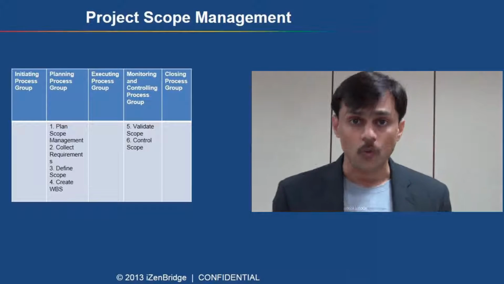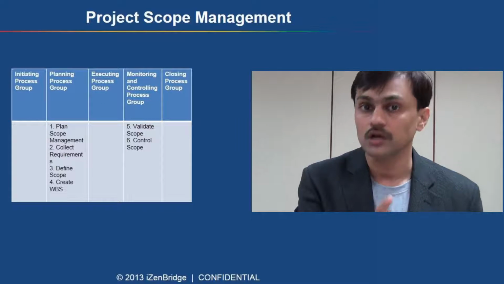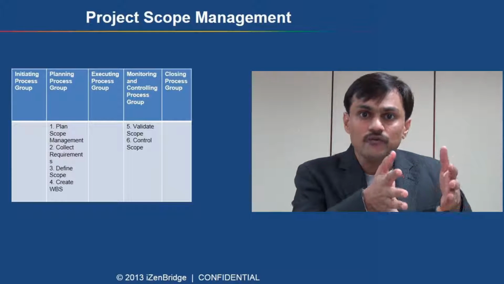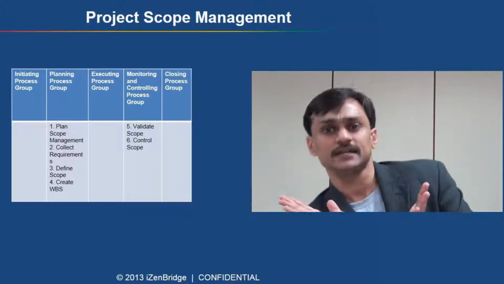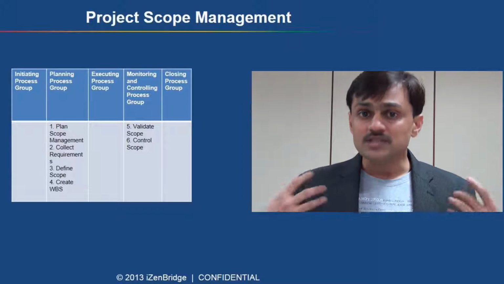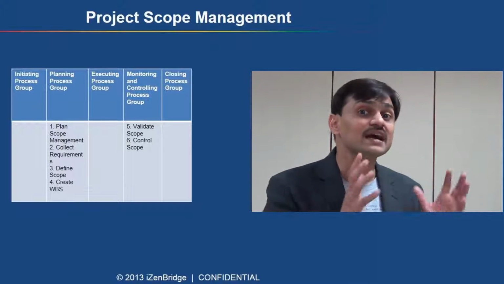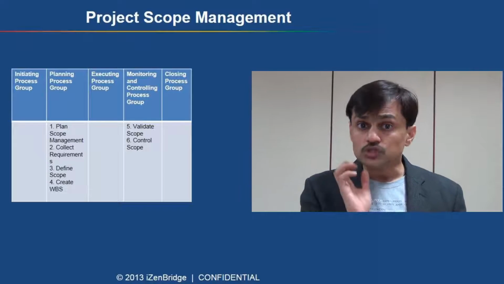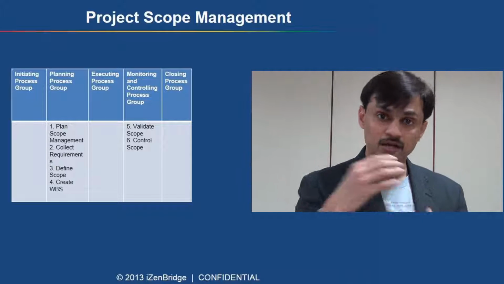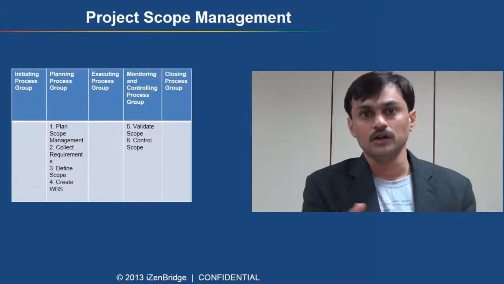We have control scope, a process dedicated to ensure the team only works on what is included in the project scope. There is a possibility that we have identified scope X, but the team might have deviated to X.2, X.3 while executing. So control scope is a process which helps us in identifying those variances and identifying what corrective and preventive actions can be taken. Control scope may generate a change request in order to bring the project team back to the scope or get the scope statement changed, because you may identify that something cannot be done which was agreed